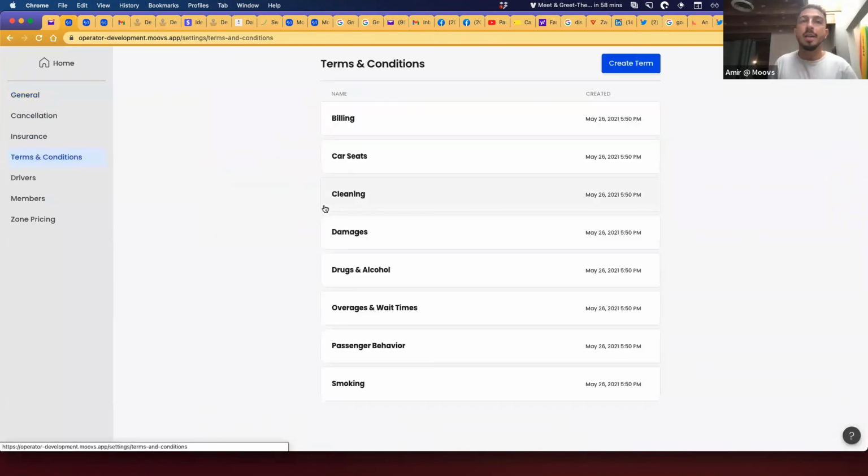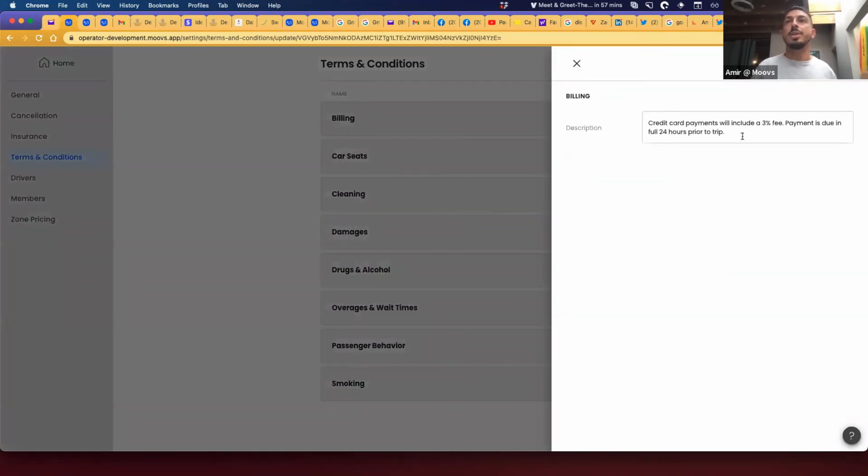Just to show everybody, I actually really enjoy this, because I've heard a lot of good news from customers who book through this terms and conditions experience. It's very much in the customer's face on the reservation tool and very easy to access. Here in your billing section, imagine we had something like, wait time is charged at $25 every 15 minutes.